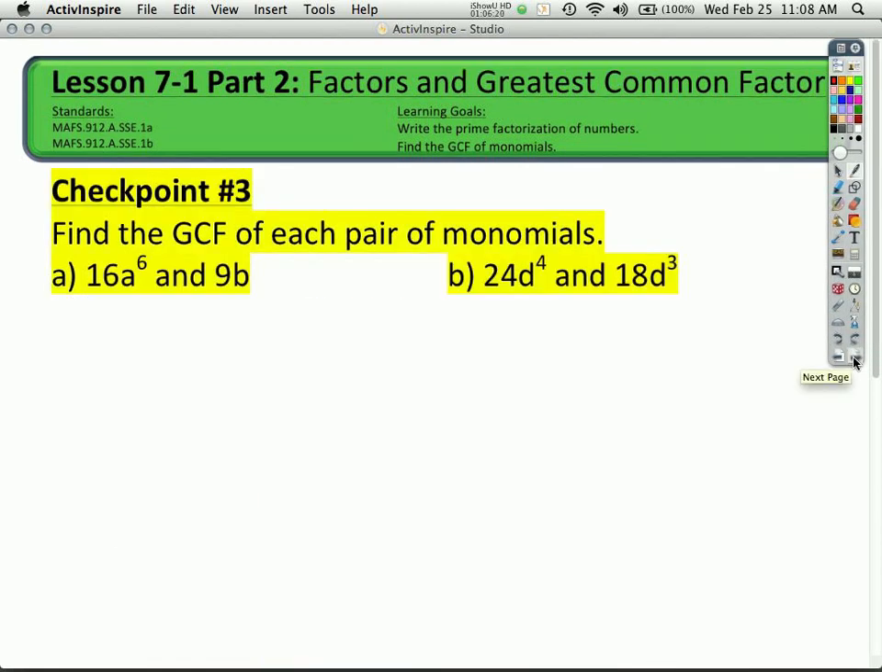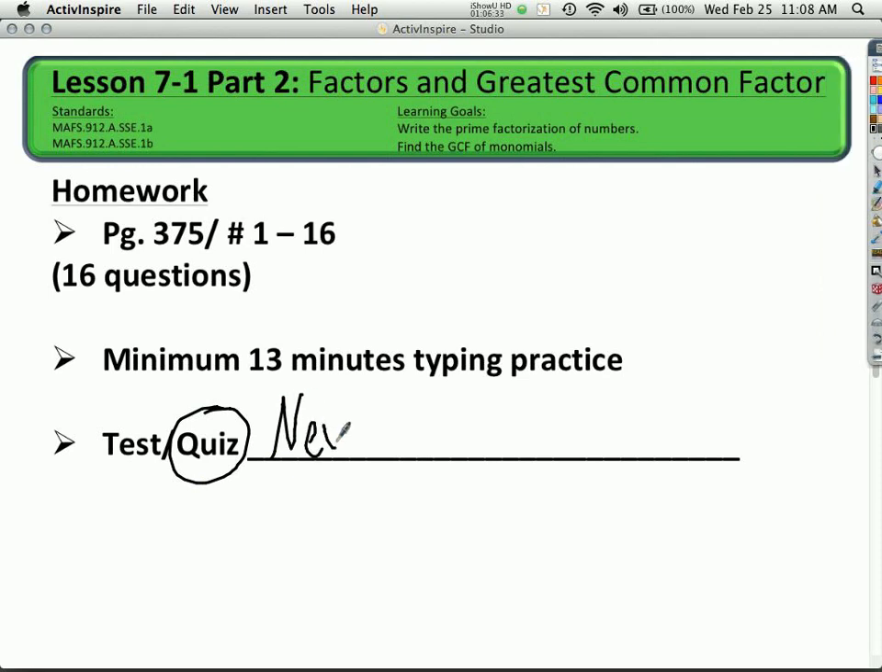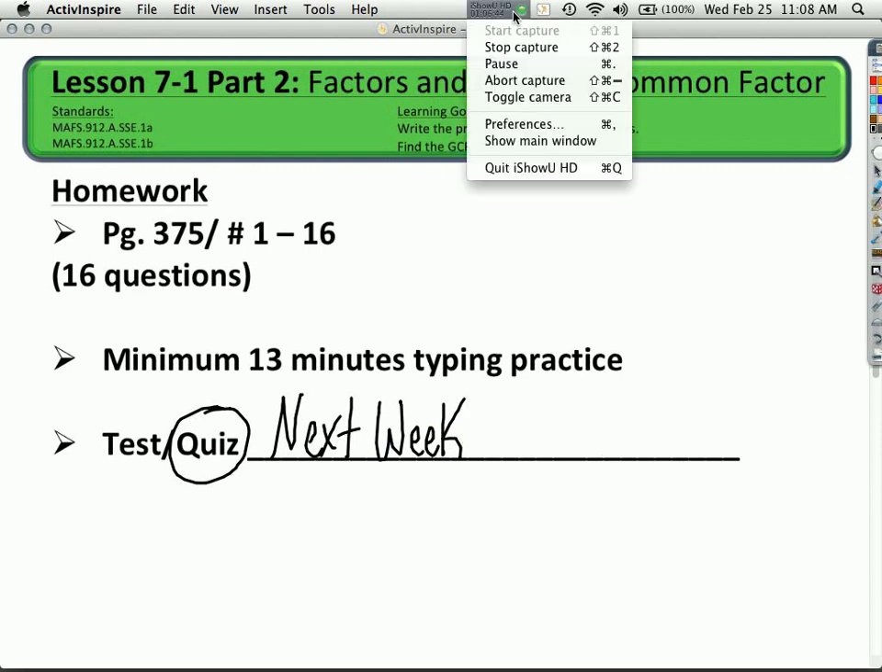Excuse me. Your homework is page 375, numbers 1 through 16. And you will have a quiz next week. And that will be on 7. I'll tell you at the beginning of the week. We also have testing next week. You have your